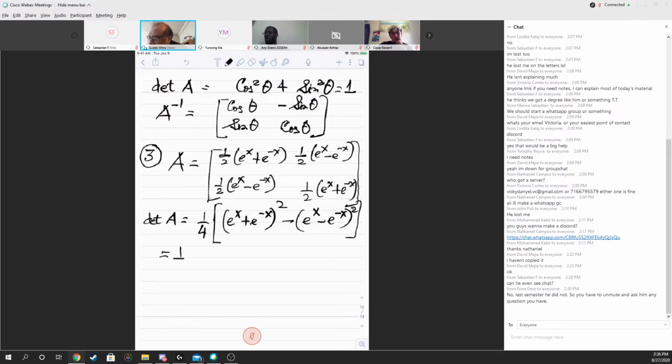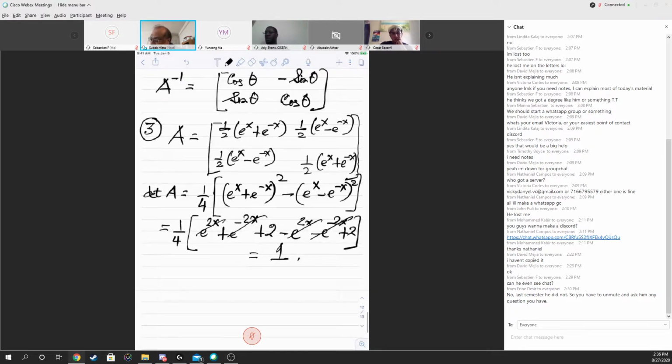So that is 1/4 e to the 2x plus e to the minus 2x plus 2 e to the x times e to the minus x. That is e to the 0. E to the 0 is 1, minus e to the 2x, plus, so that is minus e to the minus 2x. And this is minus 2, minus plus, plus 2. And you see the good thing is these things cancel. It's 4 upon 4, that is 1. So that's easy. So A inverse is,